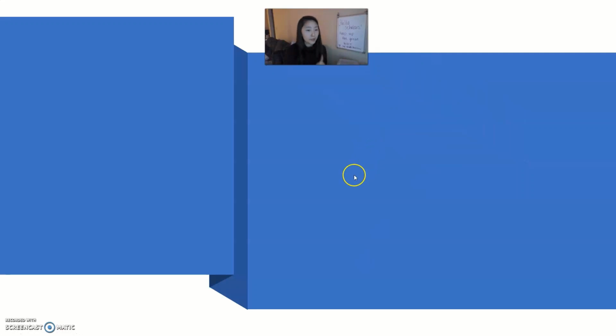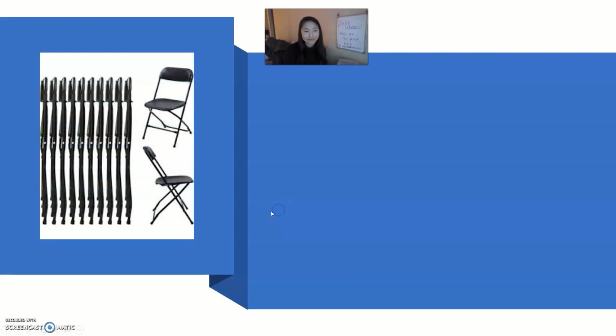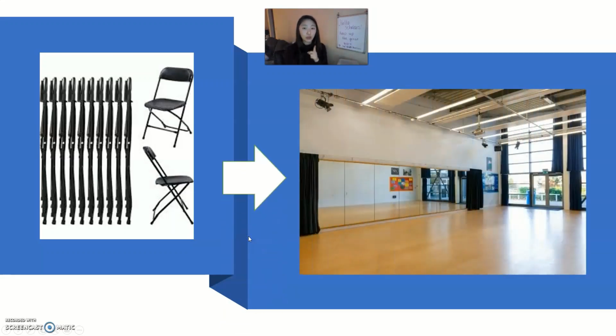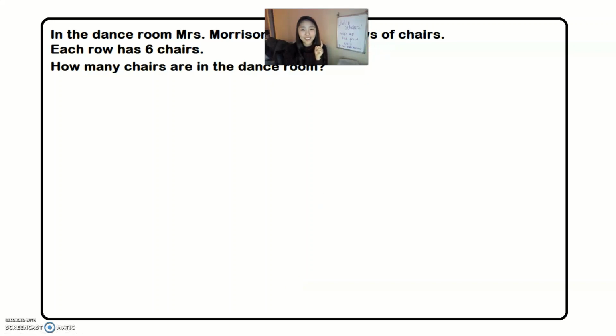Today's problem is about chairs. You know those foldable chairs? You've seen them somewhere. And what we're going to do with those chairs is we're going to put them into the dance room. That's not our dance room. I couldn't find a picture of our dance room. But if we're talking about a dance room, we must be talking about, you got it, Miss